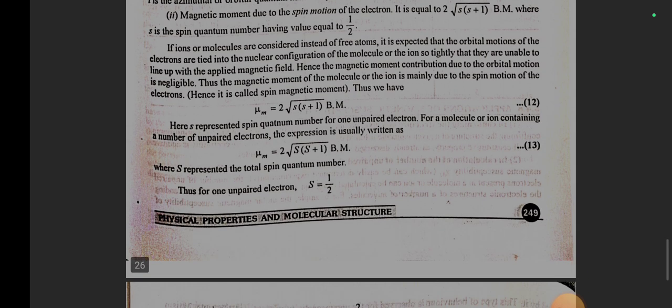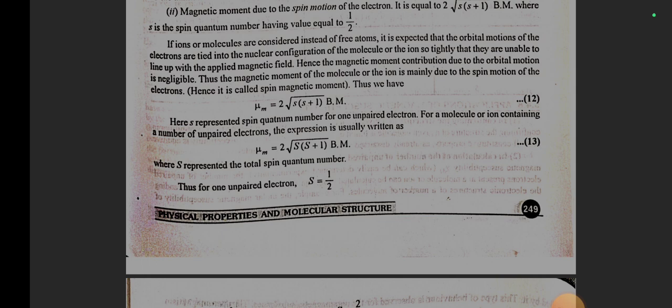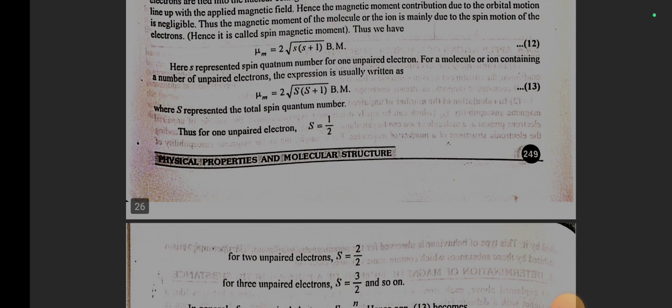If ions or molecules are considered instead of free ions, it is expected that the orbital motions of the electrons are tied into the nuclear configuration of the molecules or the ions so tightly that they are unable to line up with the applied magnetic field. Hence, the magnetic moment contribution due to the orbital motion is negligible. Thus, the magnetic moment of the molecule or the ion is mainly due to the spin motion of the electrons. Thus, we have μm is equal to 2√(s(s+1)) Bohr magneton,